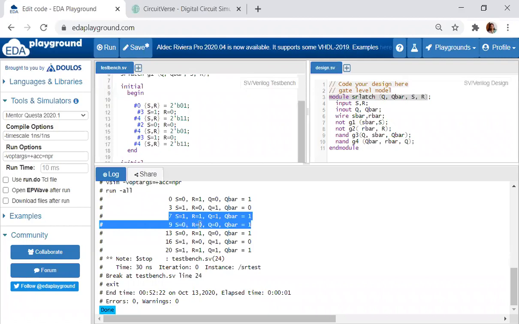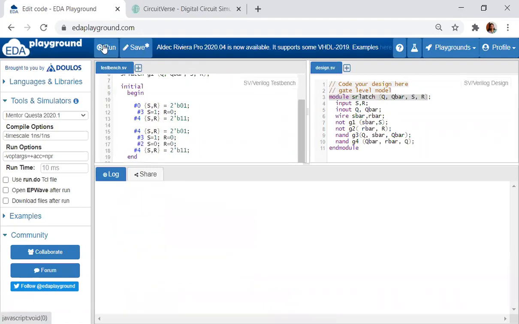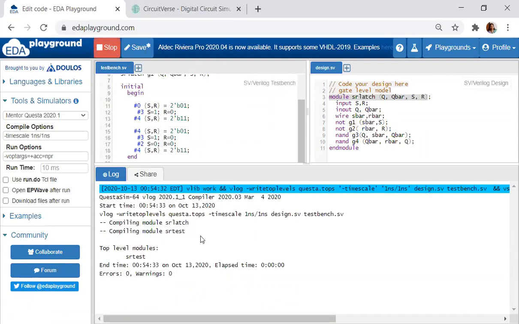So S is 0, R is 0, it will calculate the value. Hence Q becomes 0, Q bar will be retained at 1. Suppose I remove this 0, 0 combination from here and give it in some other location and I run it, then it will follow the previous state. You can run and see it. It will be following the previous state.